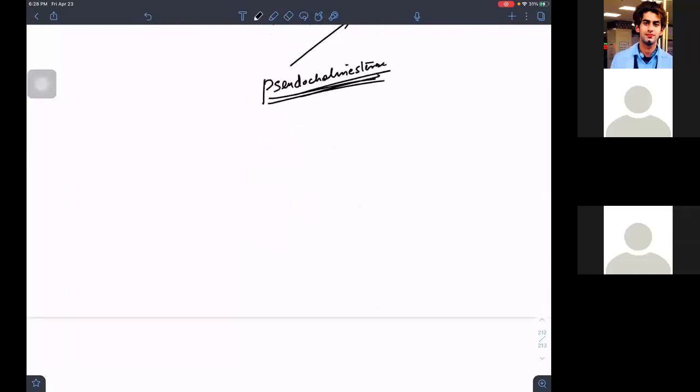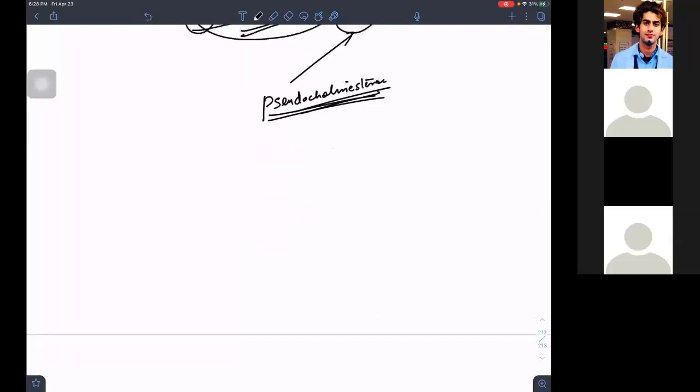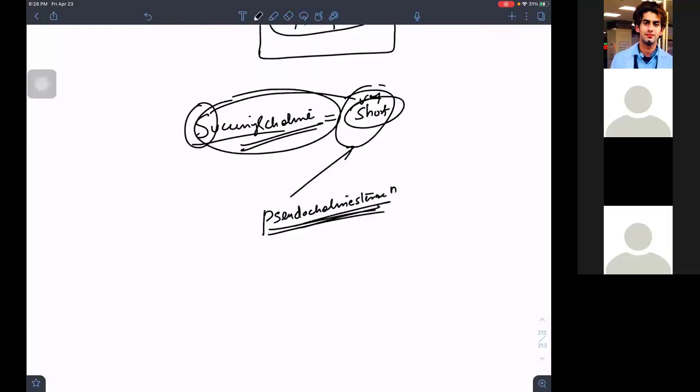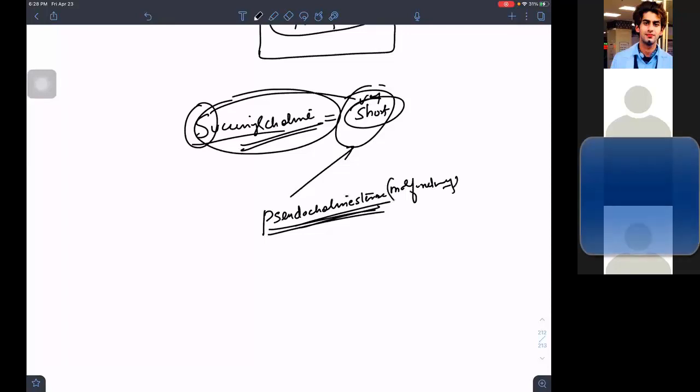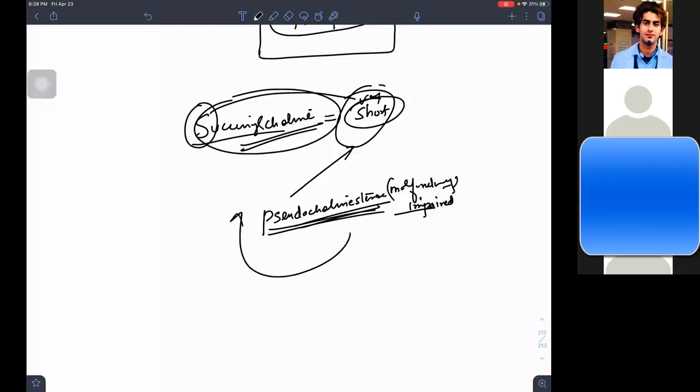Now what happens in some populations, in some people, is this enzyme is malfunctioning or impaired, not working nicely. What will happen? More amount of the drug will be present, isn't it, since this enzyme is not doing anything. So what will happen? It produces a condition in this patient, that is prolonged apnea. The patient will go into prolonged apnea.